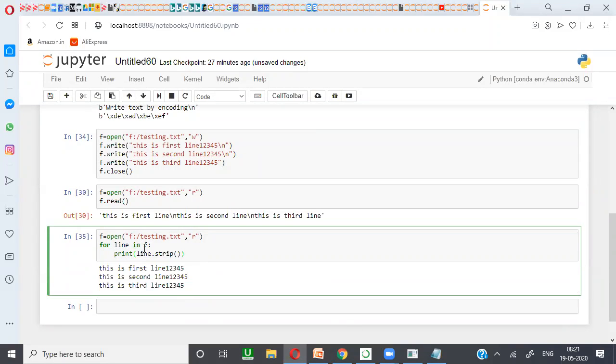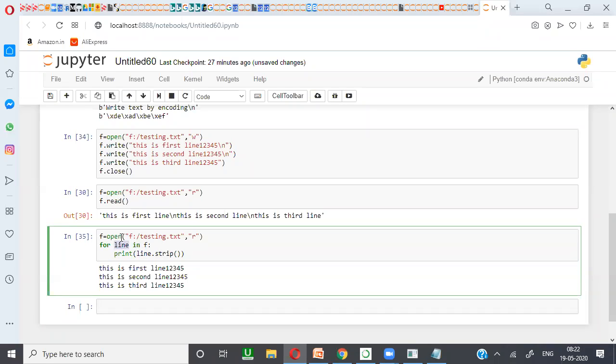With the help of a for loop, we can process this. I'm applying the method called strip. When I applied the strip method, it is searching for backslash n, generally backslash n is for next line. So it reads up to backslash n.